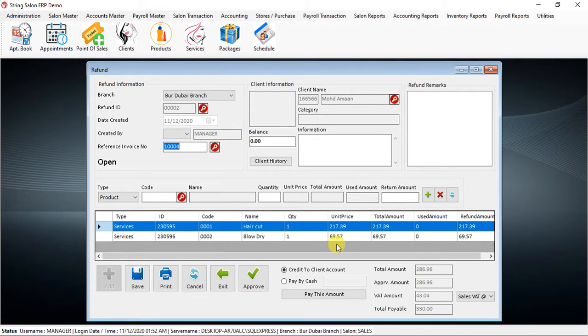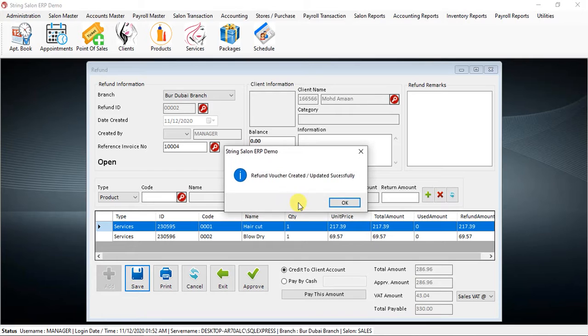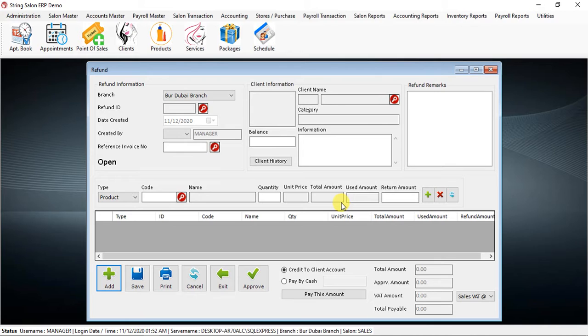refund. There are two ways you can do this. Either you can credit it to the client account, in which this balance will become 330 in green, meaning in future they can use it, or you can pay by cash. This 330 you can pay by cash. So now first what I will do is credit to the client